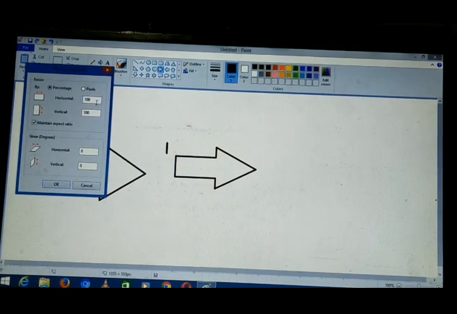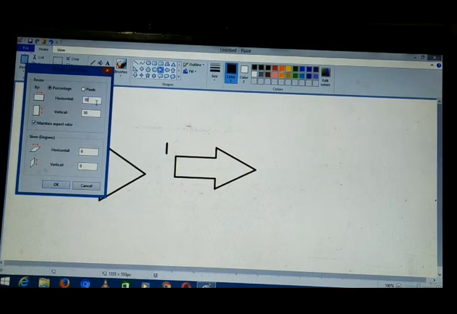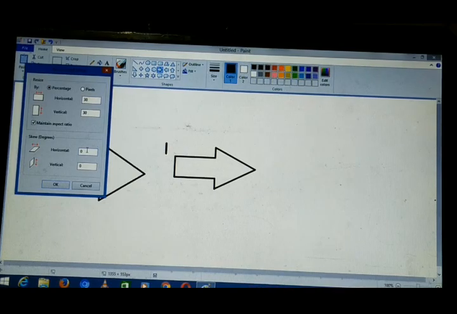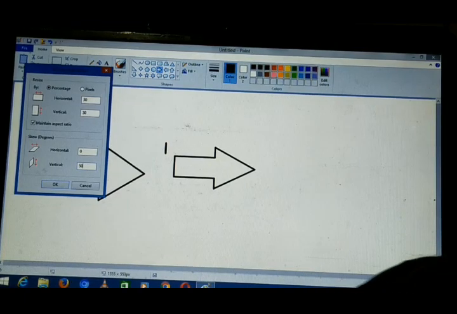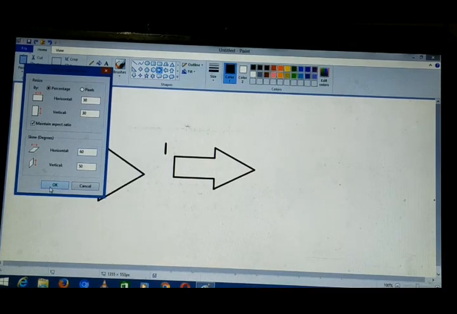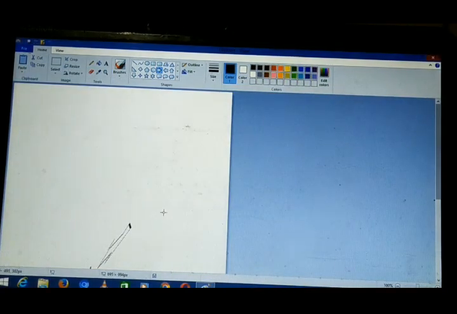If I'll be adding some values, suppose if I'm adding 30 and 30 automatically, and if I'll be adding skew, means it will be rotated vertically or horizontally. If I'll be rotating it by 50 degree and this by 60 degree, horizontal by 60 degree, you'll be seeing the arrow getting rotated.